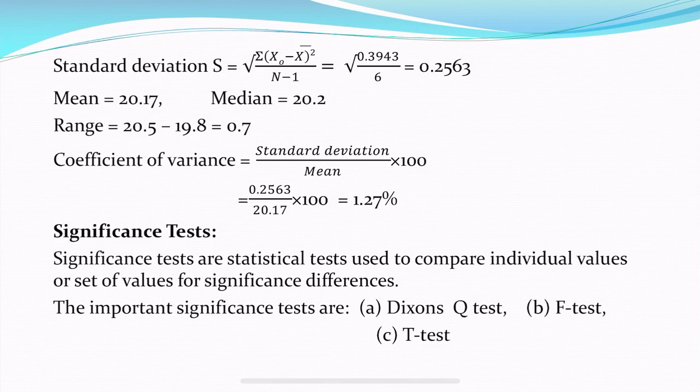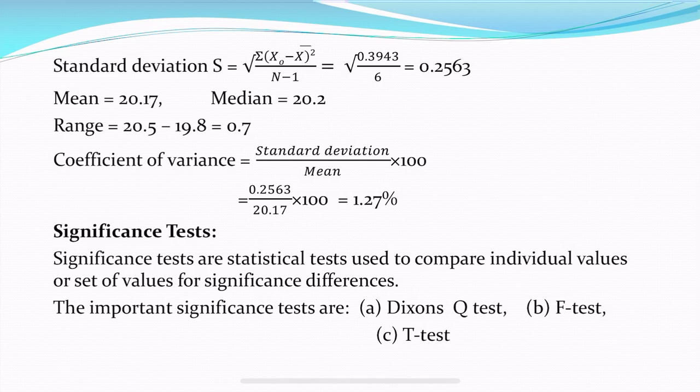By knowing this difference we can measure to what percentage the error is there and how to reduce it, whether the obtained value is acceptable or whether the analyst needs to repeat the experiment. All these clarifications or judgments can be made by performing these different types of tests. That is why it is called a significance test.